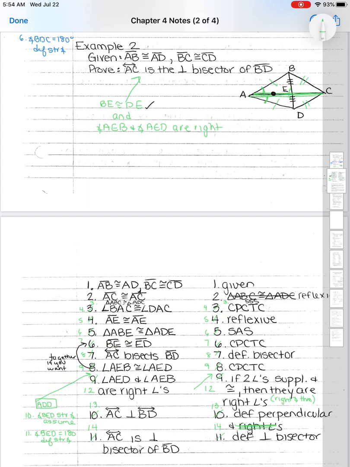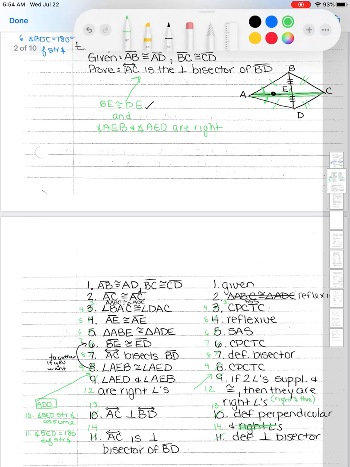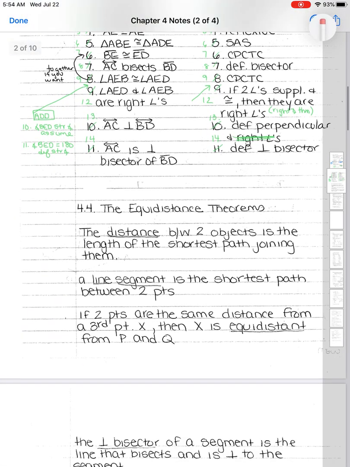Then if we know that they're right angles, then I know that AC is perpendicular to BD by definition of perpendicular. And then for line 14, AC is the perpendicular bisector of BD by definition of perpendicular bisector. So you always want to make sure you end again with the proof statement. So this is one of the longest ones we've done so far. But if you can see, most of the stuff besides one line